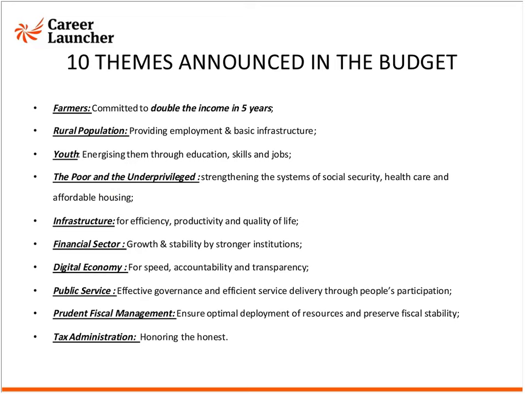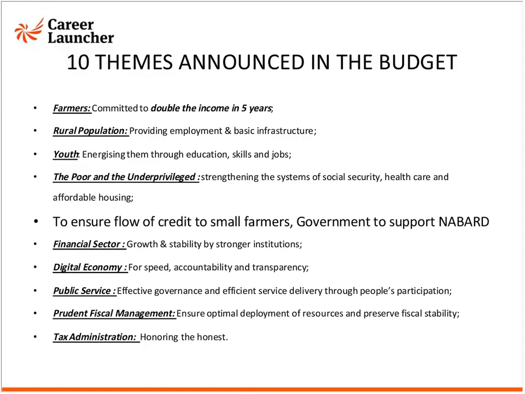Now coming on to the 10 themes that are announced in the budget. The 10 important things are farmers, rural population, youth, the poor and the underprivileged, infrastructure, financial sector, digital economy, public service, prudent fiscal management, and tax administration. Now I will quickly highlight what the government has done in each of these themes. So in farmers,